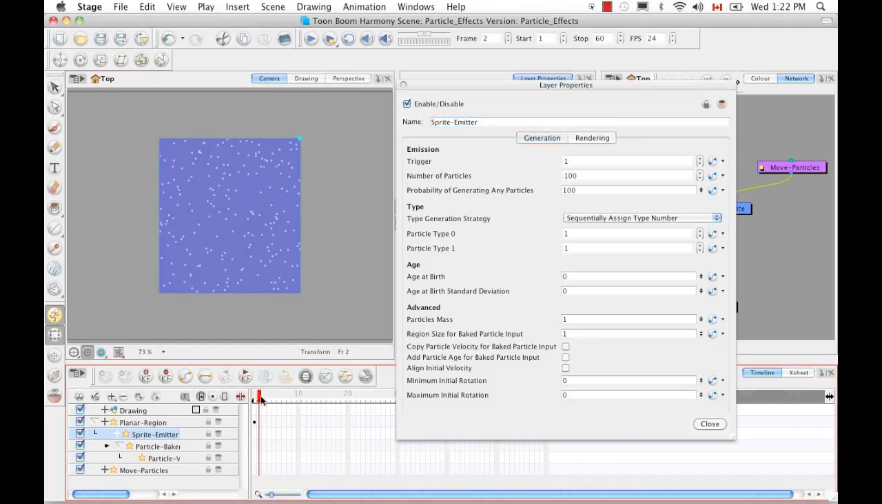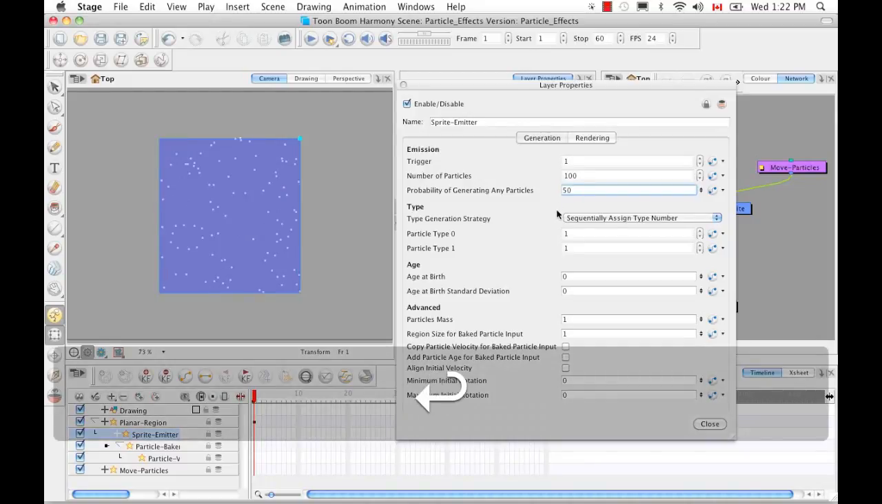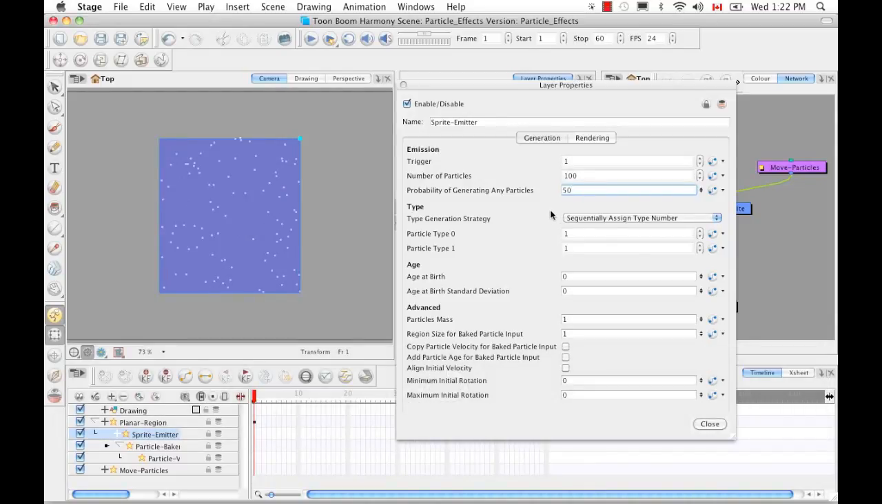And as we move the playhead across, 100 new particles are added per frame. So the probability of generating any particles is the probability of generating, in this case, 100 particles per frame. So if we change this to something like 50, then it's not necessarily generating 50 per frame, but there's now a 50% probability that it will generate 100 particles